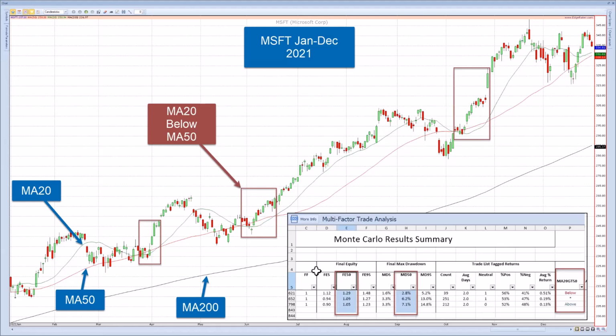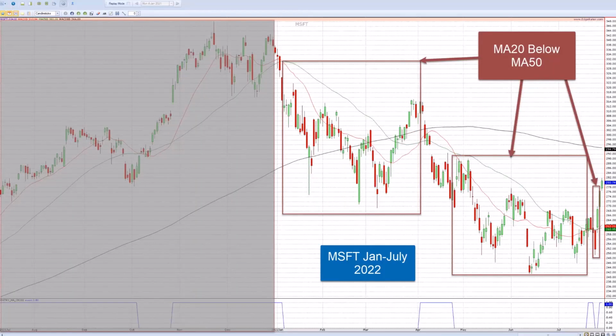So then why not take a look at Microsoft in the recent bear market? From pretty much the first of the year through to Friday, let's pick out the boxes here. The boxes indicate where the 20 period moving average is below the 50. Take a look at those bars, and take a look at the bars that are outside the boxes where the 20 period is above the 50. And then decide for yourself which set of trades you would prefer to have if you were to put these into a black bag and pull them out randomly. From which bag would you prefer to pick your bars? And so